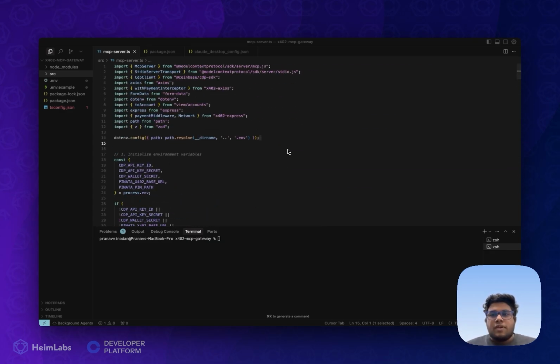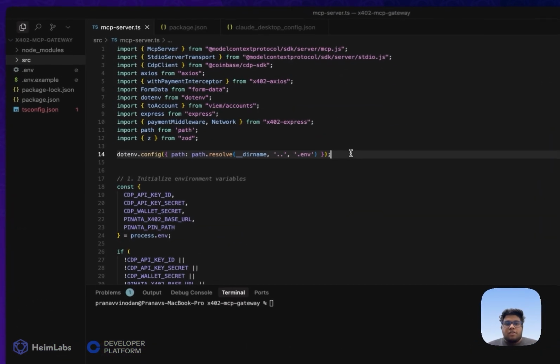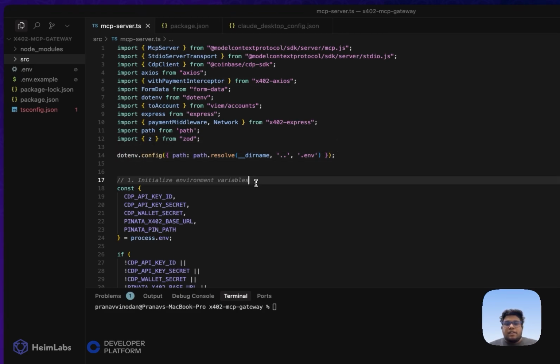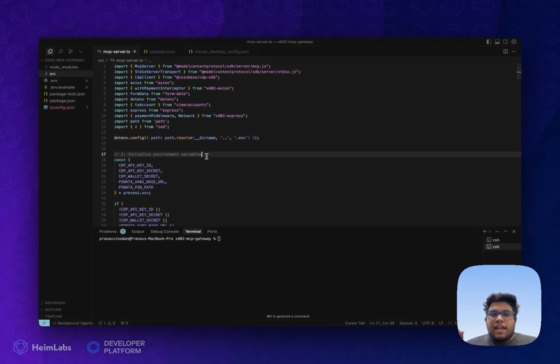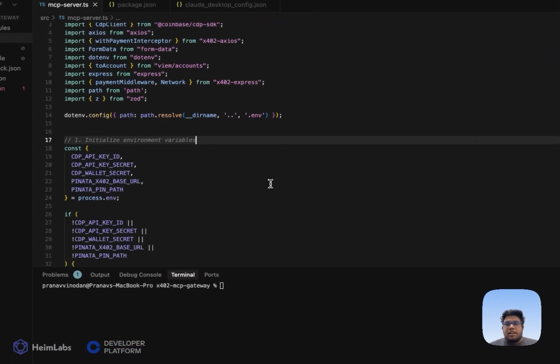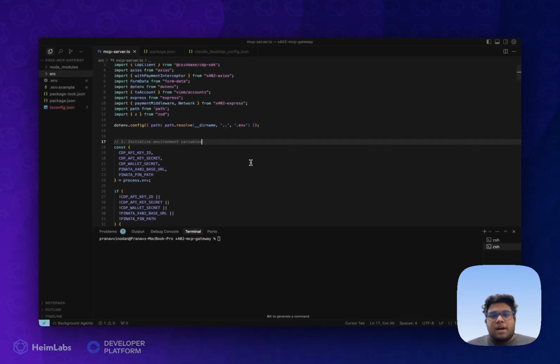So first of all, we need to make sure that the environment variable configuration is global, and the MCP server or the LLM here can access the environment variables from a global configuration as well. So you make sure that the .env configuration has all the path and directory to make sure that this is a global configuration and they can access it. The LLMs can access the configuration as well.